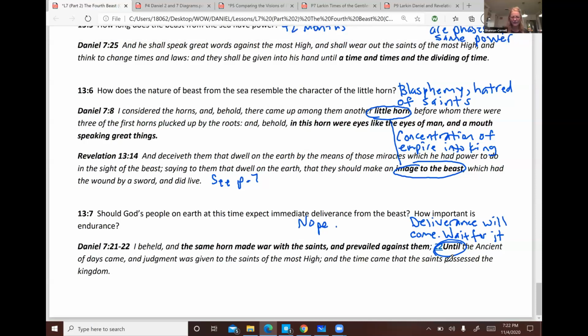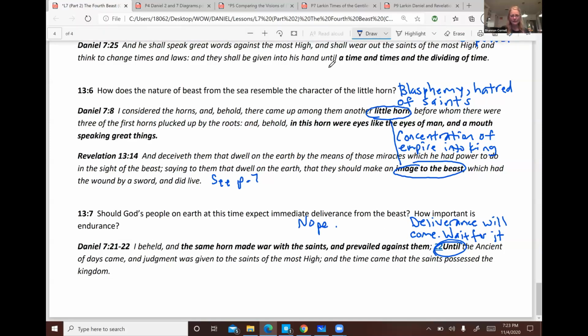So we can think of the passages in Revelation 12. They loved their lives not so much as to shrink from death. So by the word of their testimony and the blood of the Lamb, the end time saints will suffer and be oppressed and murdered and trampled by the little horn. Yet they have to keep the faith, because that little horn's rule will come to an end until the Ancient of Days comes and sets up that millennial rock kingdom.